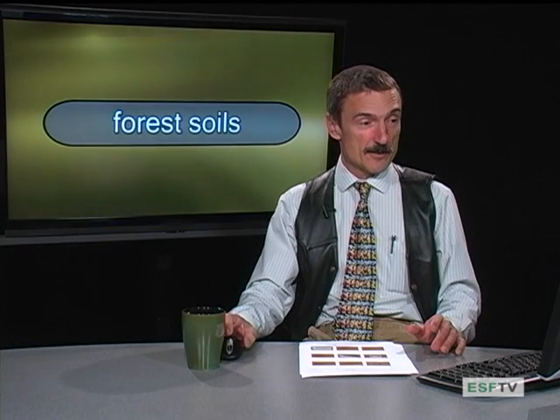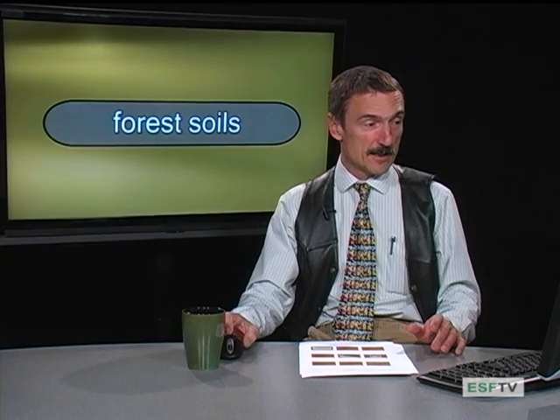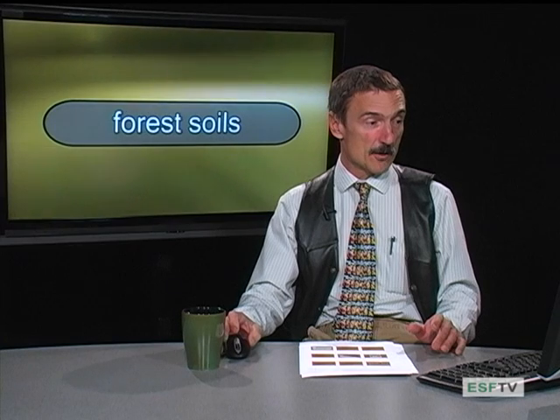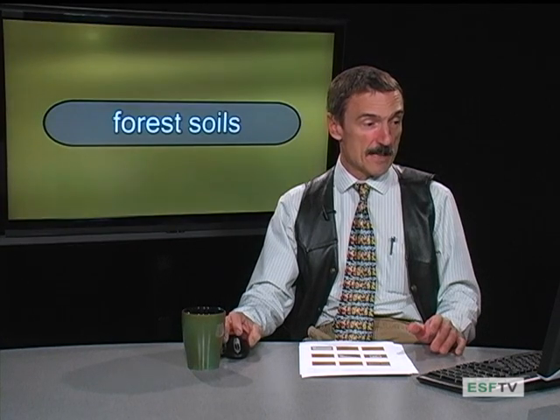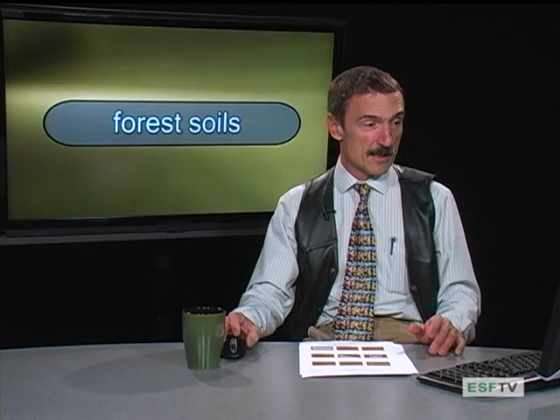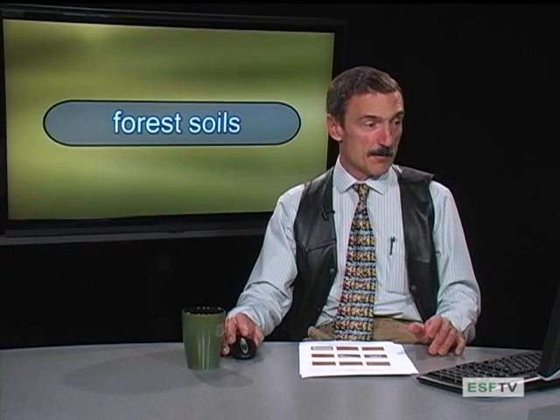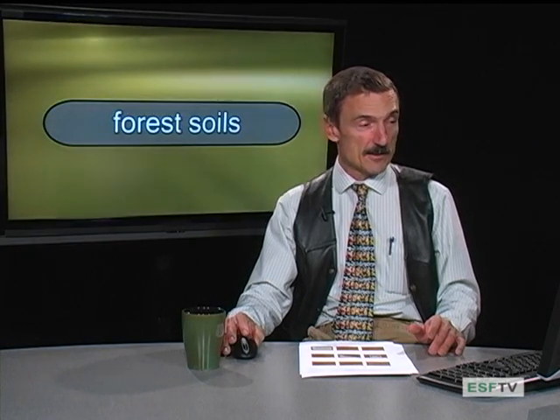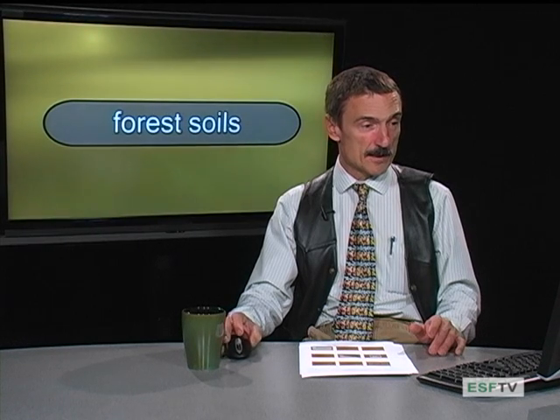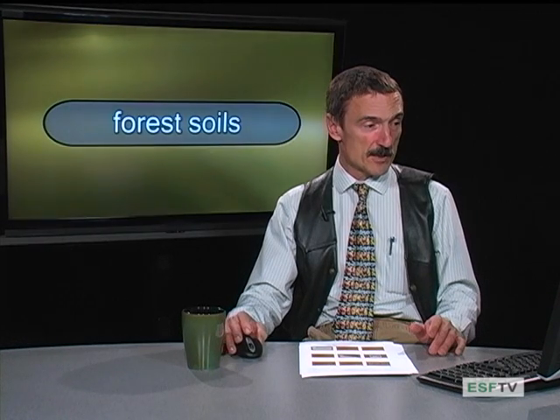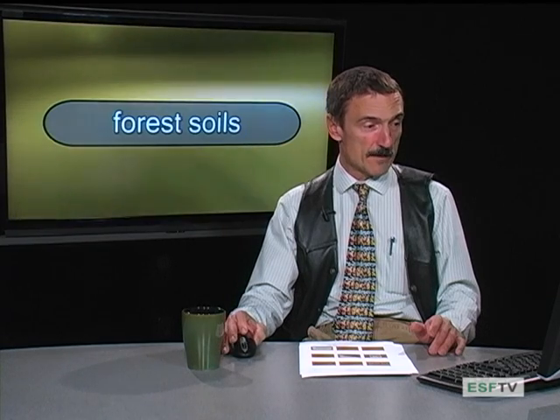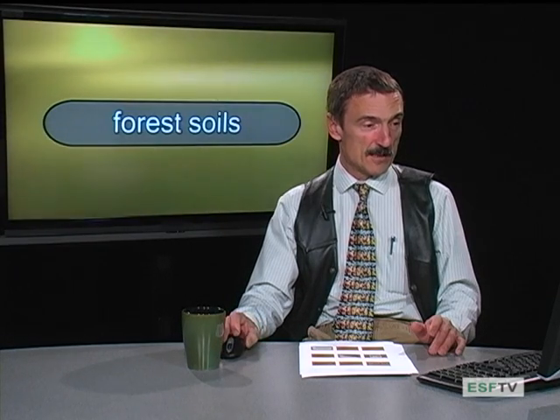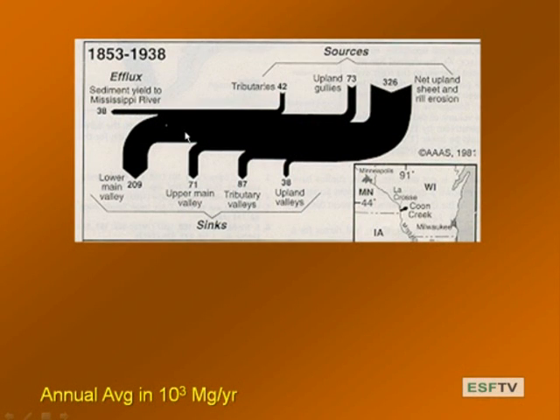So look at this, all this deposit. Most of that material is being deposited into the lower valley. So it moves down to the lower valley. Some of it ends up in the upper valley and the tributaries. But very little of it makes its way to the Mississippi. The yield is relatively small relative to all the material that's moving. So this is all the soil that's moving and moving into sinks. These sinks in the lower valley, the upper valley, the tributaries, these are the sinks. All that soil is moving off the farm fields.